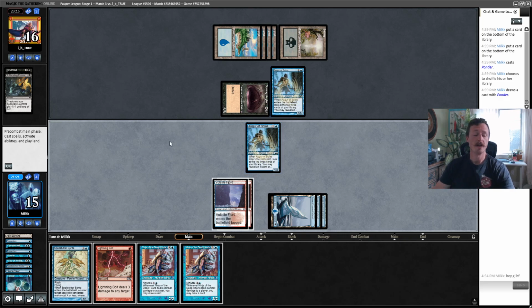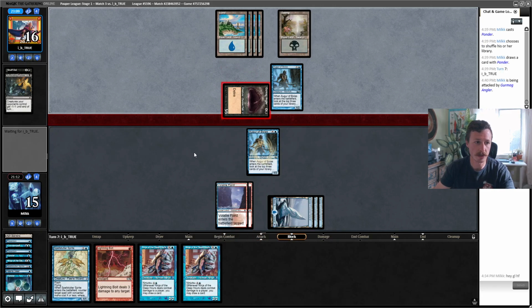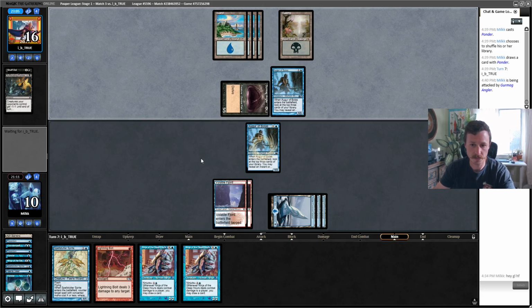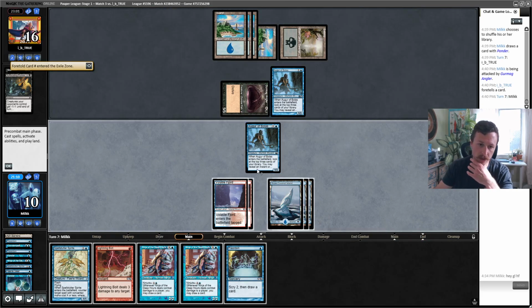Do I bolt the Augur now? I don't hate just leaving out the Spell Stutter Sprite. Their Augur's not doing anything just this second. I can always bolt it later. All right, take 5. Where are my Screds? I've had a lot of looks at them, just haven't found them. Another Behold. Didn't want to bolt end of turn. I could have, but...